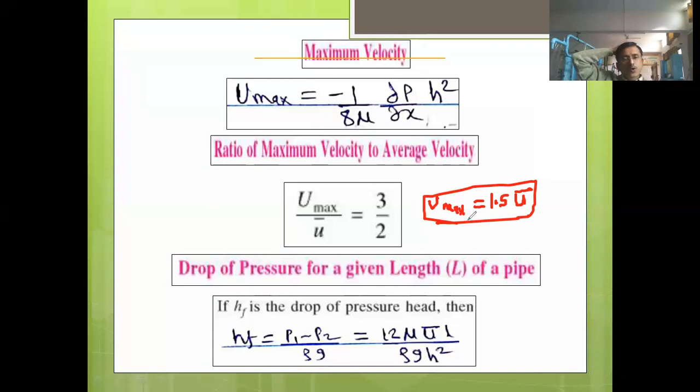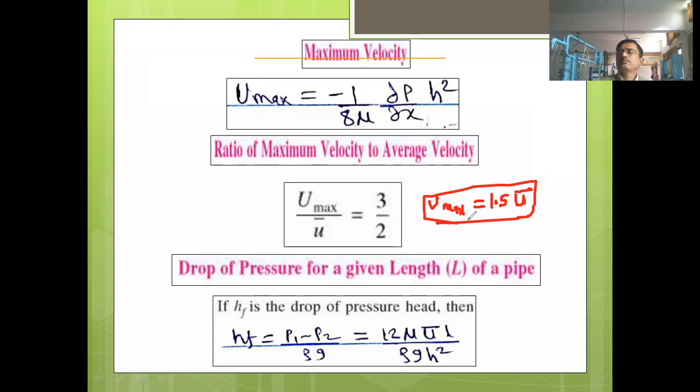Next, drop of pressure for a given length of pipe. There, for the pipe flow, we have written the equation named the Hagen-Poiseuille equation. Okay, the Hagen-Poiseuille equation that we have seen there. What was the equation? HF is equal to (P1 minus P2) upon rho g